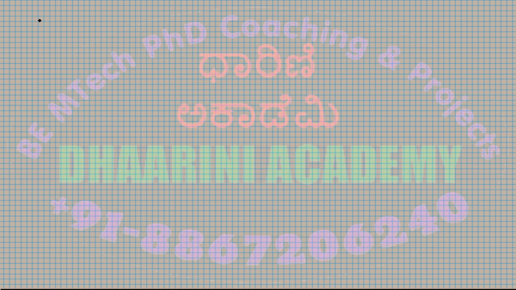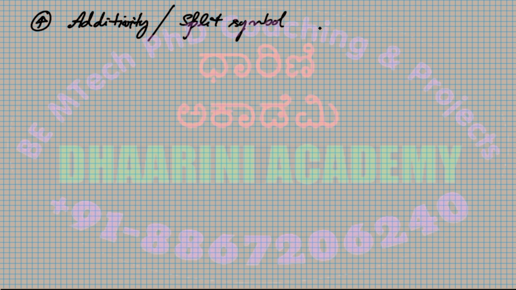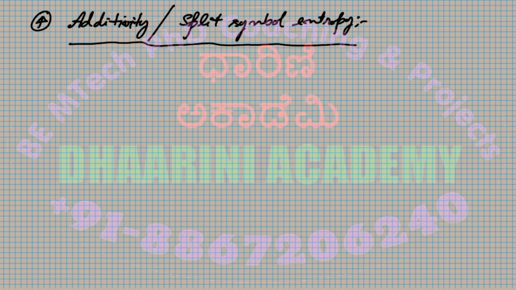Okay, so the next property, this is property number 4. It is called the additivity. This is also referred to as the split symbol entropy. So the statement goes in this way: